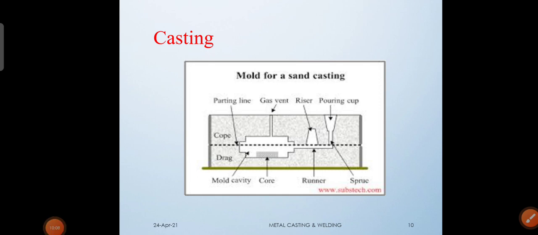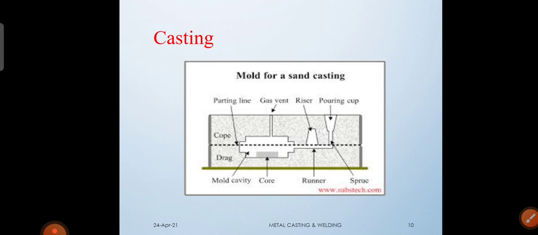Now we arrive at the main concept called casting. What does casting mean? Casting is the process in which a raw material is first liquefied in a furnace, and after liquefying, we pour it into a pre-planned mold.